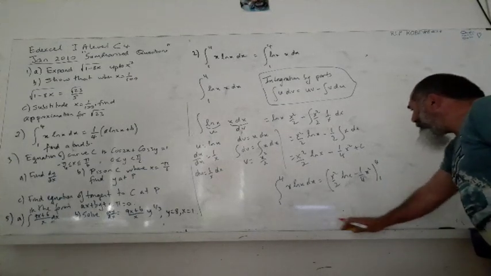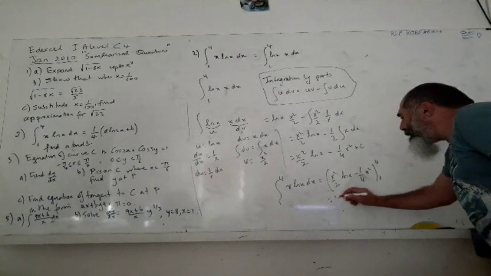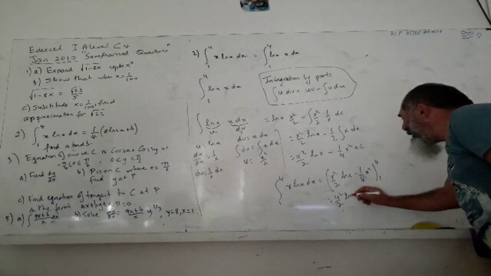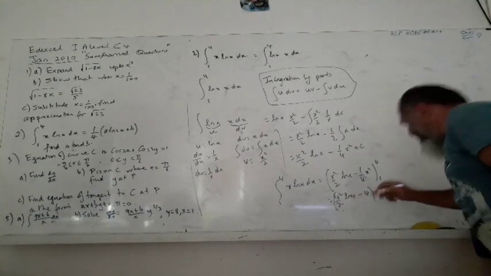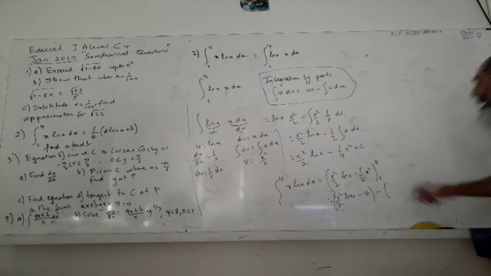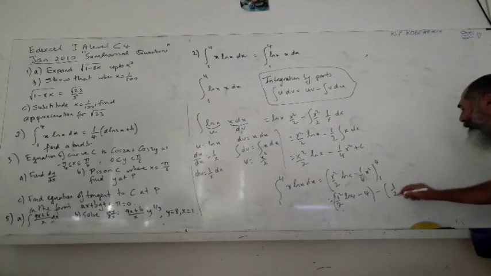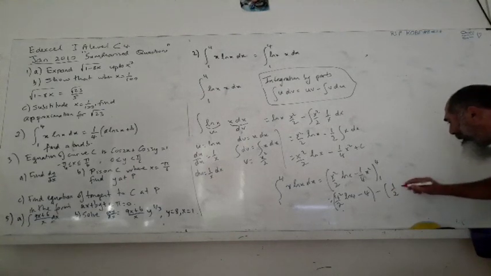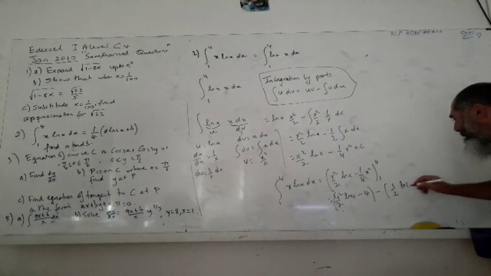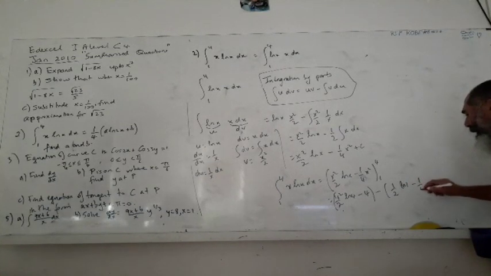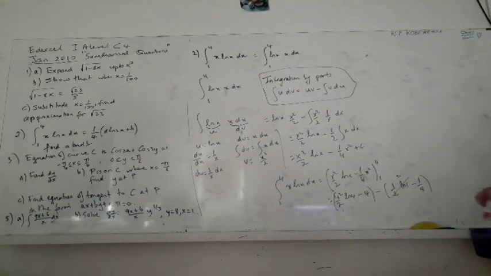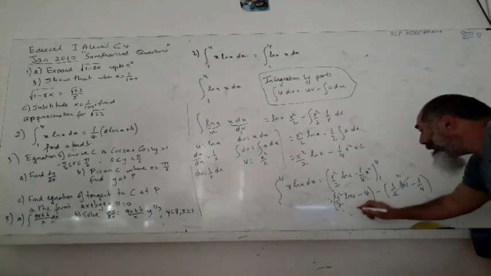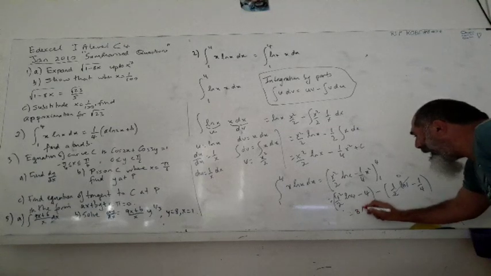First step is to put 4 there. 4 squared over 2 ln 4 minus 1 over 4 times 4 squared, minus 1 over 2 ln 1 minus 1 over 4. ln 1 is what? This is 0. You have to remember that ln 1 is 0. So 8 ln 4